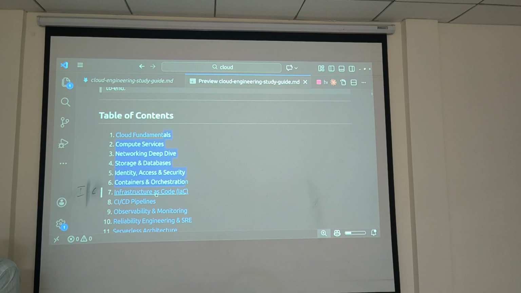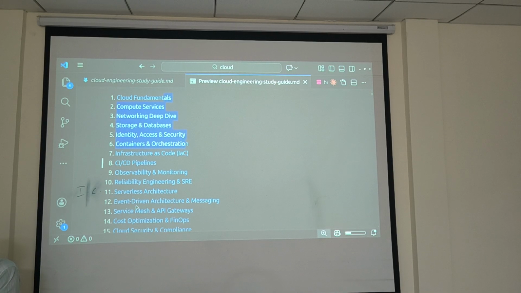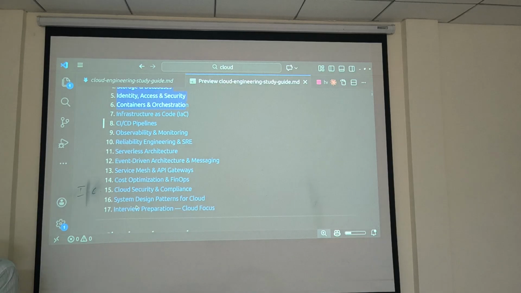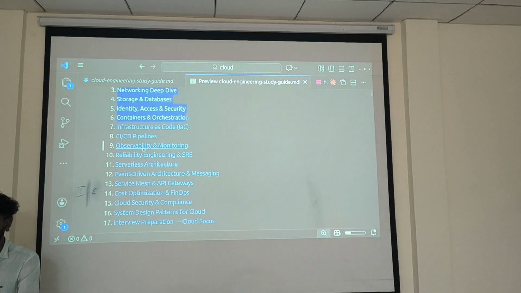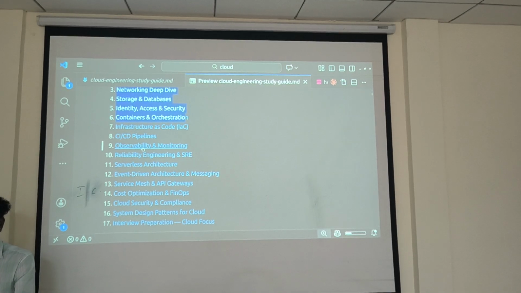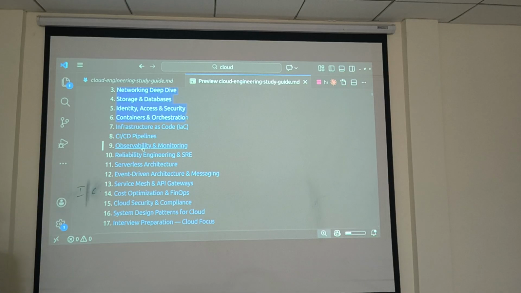So infrastructure as code and CI/CD, those things only are pending. We will see them in the next session. Okay. So it won't take more than a maximum of 2 sessions, so everything will be completed. The system design also we completed earlier, and I hope you guys gathered some clear idea. So if you complete cloud engineering also, you will be able to do all the things. From Java you can write the code, you can create Spring Boot code, from that you can deploy the application into the cloud providers, and from that you can serve your application to other people. Okay.